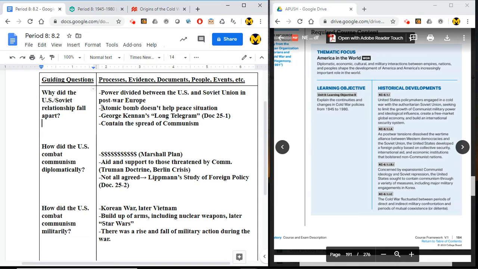So I took a great course in college about the Cold War, and I remember the professor said that the Cold War started when the bomb was dropped. Historians debate when exactly the Cold War started. Some of them go all the way back to the Russian Revolution. Some of them look even past the dropping of the bomb. A lot of them point to the conferences at Yalta and Potsdam, but this particular teacher said that